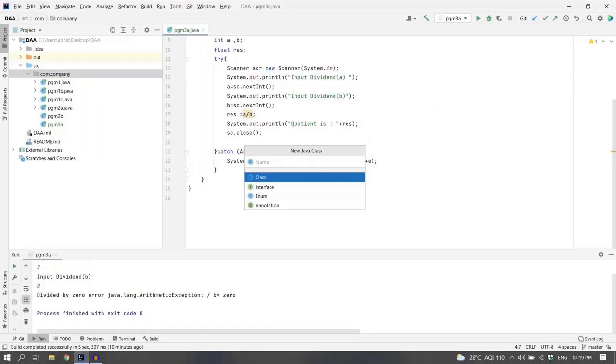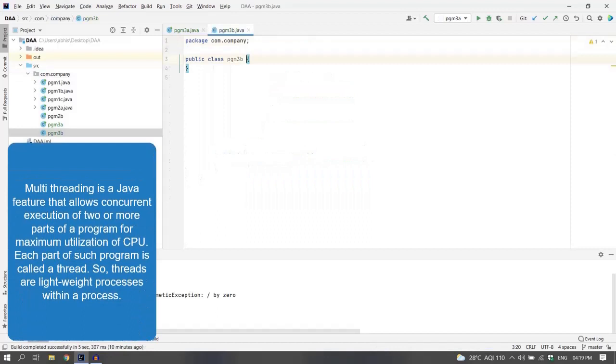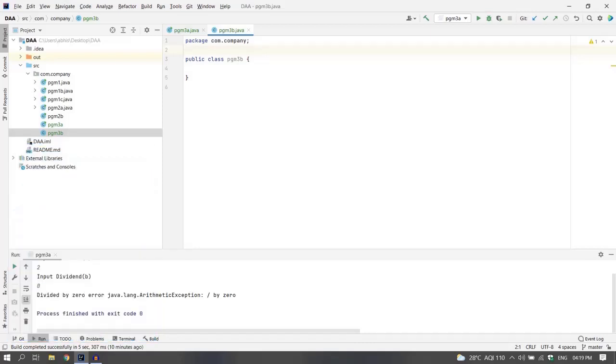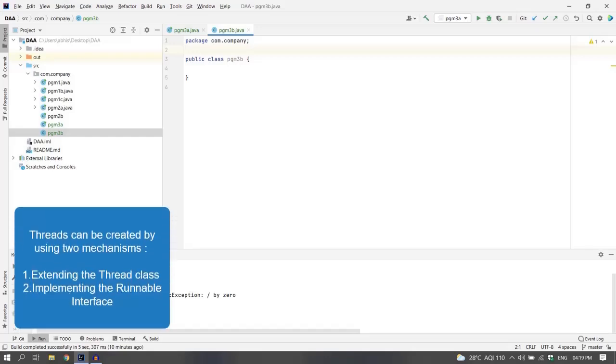In this program, we are using the concept of multi-threading. So what is multi-threading? Multi-threading is like a lightweight process within a process. So in this program, basically we are extending the thread class to implement thread to our program. The first thread class generates 10 random numbers and calls the other two thread classes, which compute the square and cube of the generated number and print the output.